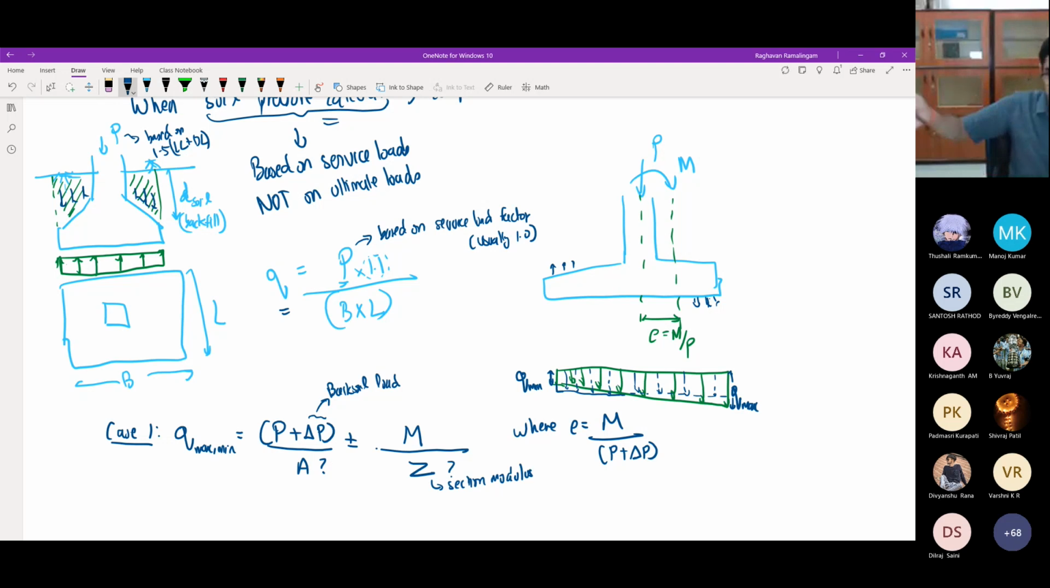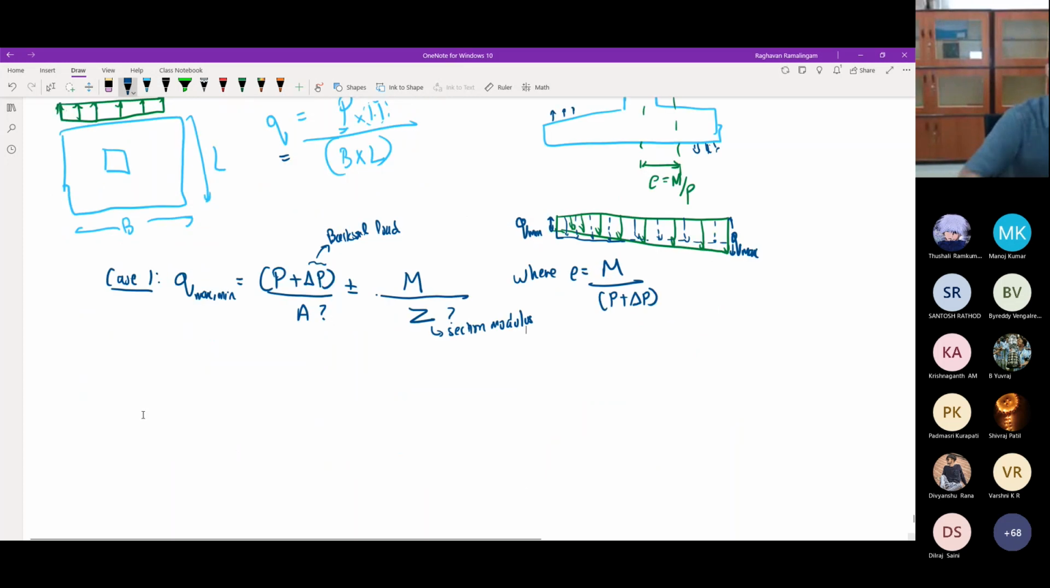depending on the direction of your movement. So if it's this direction movement, you take this section modulus, and if it's the other direction, you take the section modulus along that particular direction. So case one, this is a general formula. Case 1, I say if my E is lesser than or equal to L by 6,